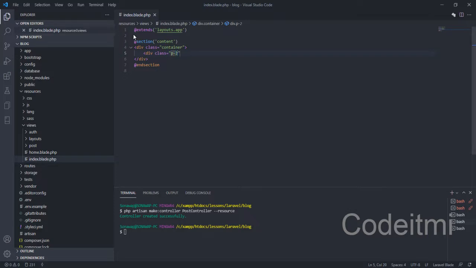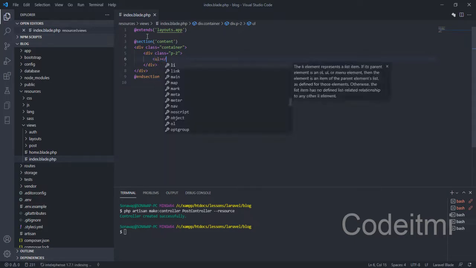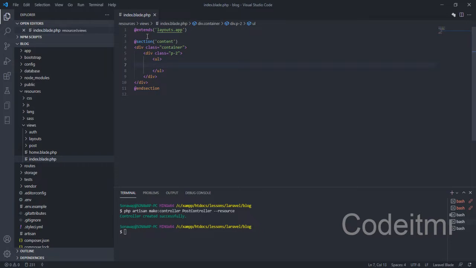So this means padding of 2. Right here, let's create a UL, and within this, I want to have a list. Hopefully this makes sense to you. Let's not use another list; let's use a simple div. Let's use a simple h4, and right here we want to say post title,